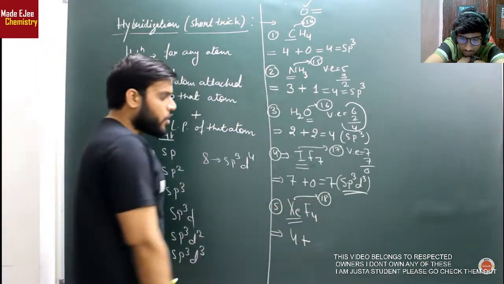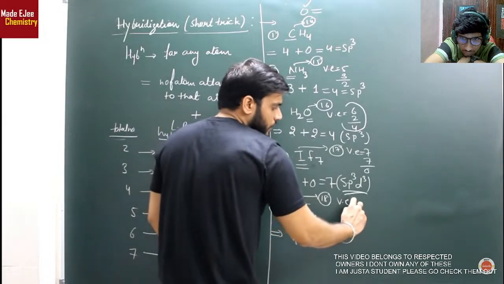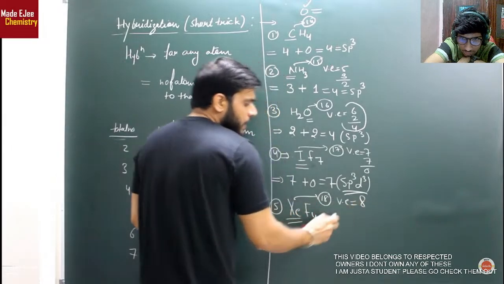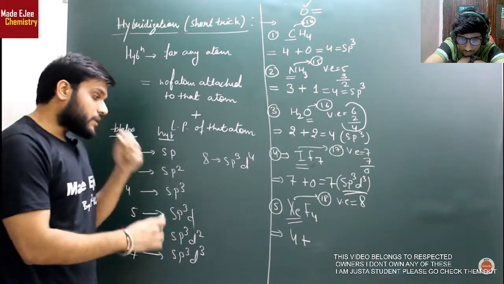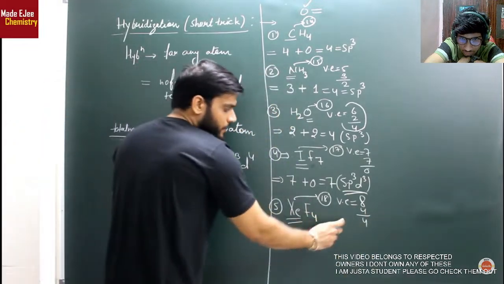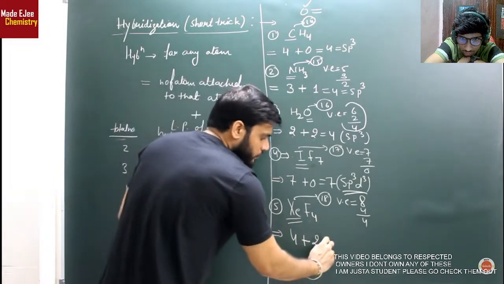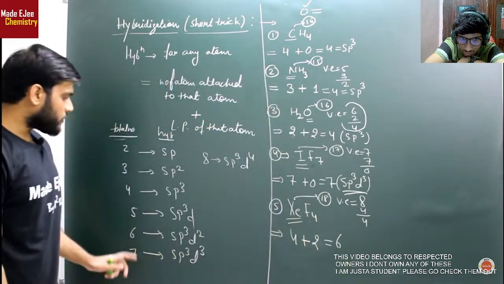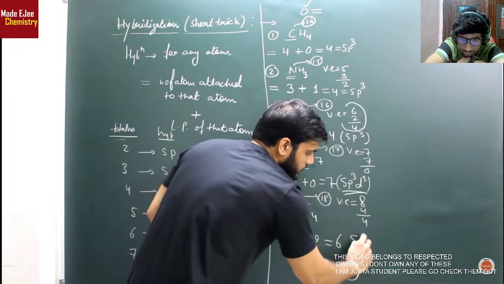नोबेल गैस है, सबको पता है, और 18 में टोटल वैलेंस इलेक्ट्रॉन कितने होंगे, तो यहां पर वैलेंस इलेक्ट्रॉन निकल के आएंगे 8, सबको समझ में आ गया। 8 में से अब जरा चेक करिए, इसने 8 में से कितने इलेक्ट्रॉन काम पे लगा लिए, 4 इलेक्ट्रॉन इसने बॉन्ड बनाने में काम लगा लिए, पीछे बचे 4, इसका मतलब यहां पर लोन पेयर कितने हुए, 4 इलेक्ट्रॉन है, तो लोन पेयर कितने हुए 2, 4 और 2 कितने हो गए 6 के रिस्पेक्ट में चेक करो कितना आएगा sp3d2, तो यहां पर आंसर आ रहा है sp3d2।